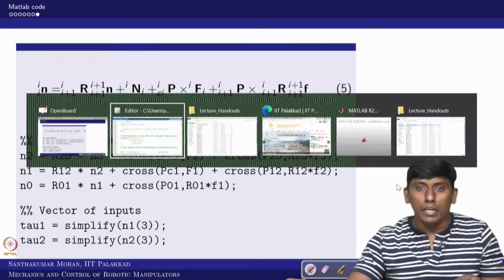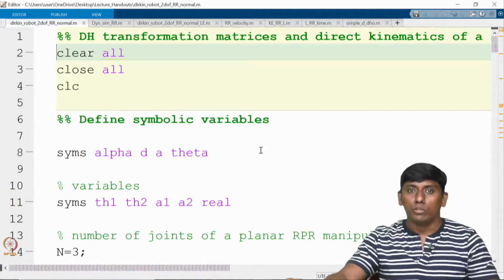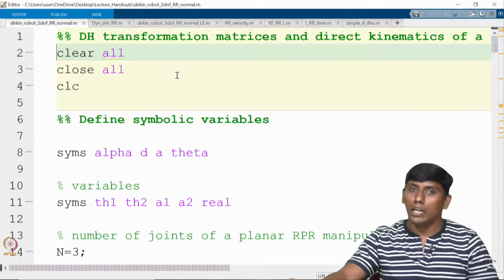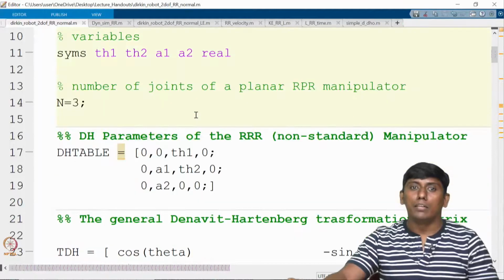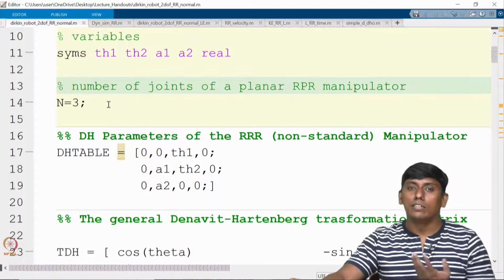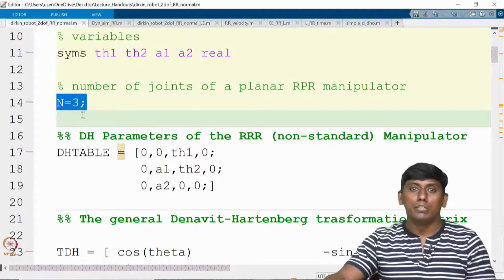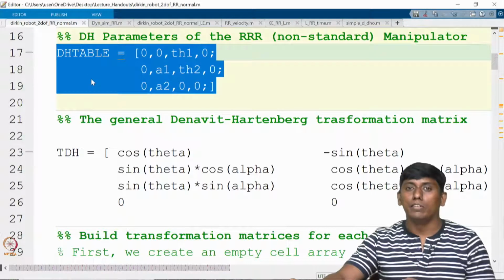Now this is the MATLAB code which we have written earlier. This is the direct kinematic relation. We have taken generalized symbols. Then based on your DH parameters we have derived the symbols, and since it is a 2R serial manipulator, the end effector frame is the third frame. So excluding 0, the total number of frames is 3, and you can give your DH table as per the derivation earlier.